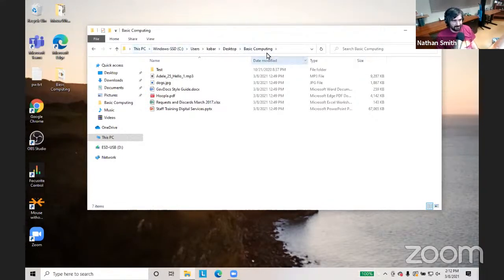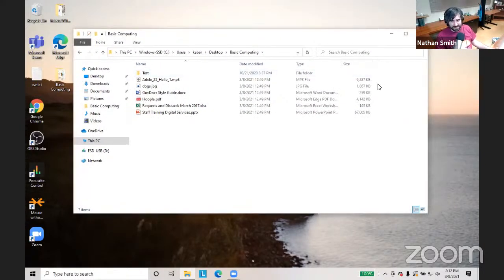You know, I live in my house, on my street, in my neighborhood, in Little Rock, in Arkansas, in the United States. It's the same sort of address, or path, as we say, to find a particular file that's stored on your computer.